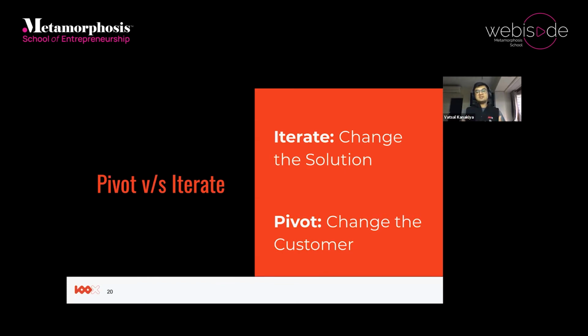So a pivot is typically more serious. It's a more serious change in the business, right? And an iteration is a smaller change where you're changing the solution, making experiments, figuring out that the problem is there. You realize that the customer is kind of correct, but you're just not finding the right solution. So it is important to know when to iterate and when to pivot. You can't constantly keep iterating, because then you might never actually realize if maybe the issue is with the problem or with the customer. Similarly, you can't always keep on pivoting, because if you do so, you will actually never know, okay,